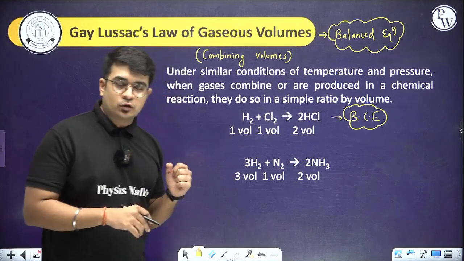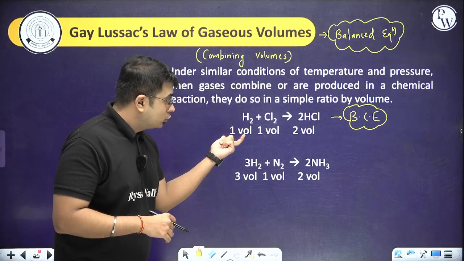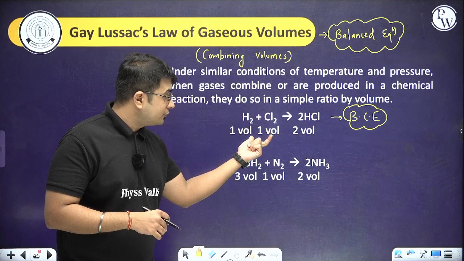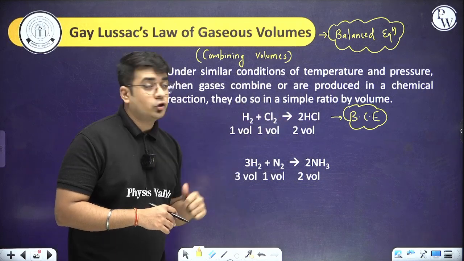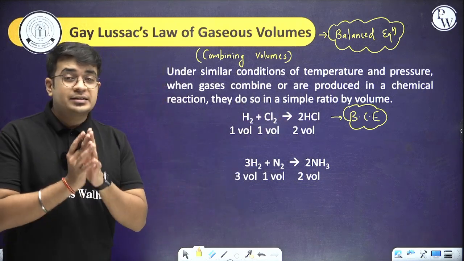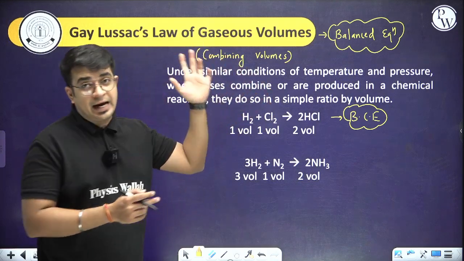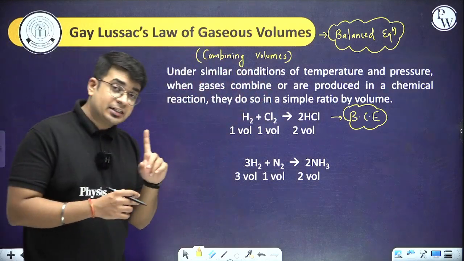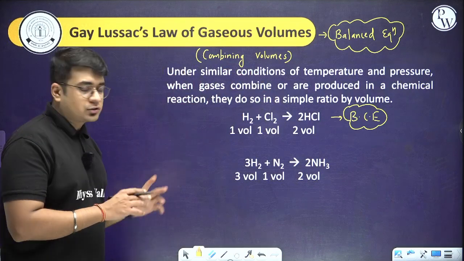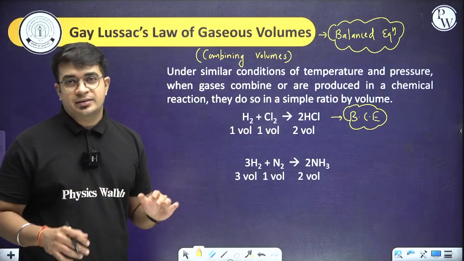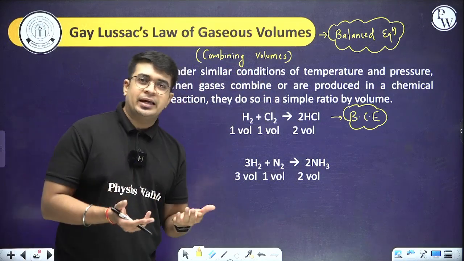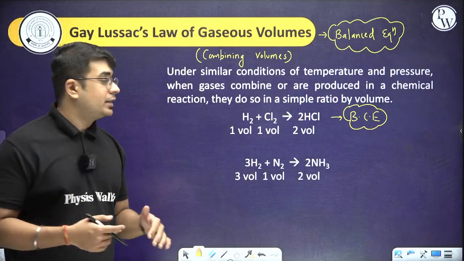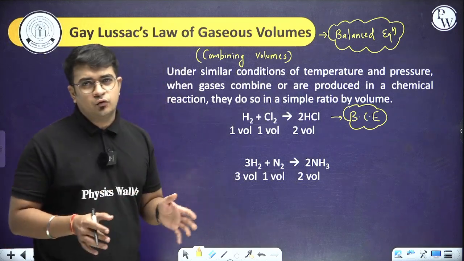Now from this particular part, you can see that one volume of H2 is going to combine with one volume of Cl2 to form 2 volumes of HCl, under the similar conditions of temperature and pressure only. If you are changing temperature or pressure, definitely this law is not going to remain as it is. Now, what is the meaning of volume? You can take any quantity, you can take in liters, you can take in ml, whatever you want,